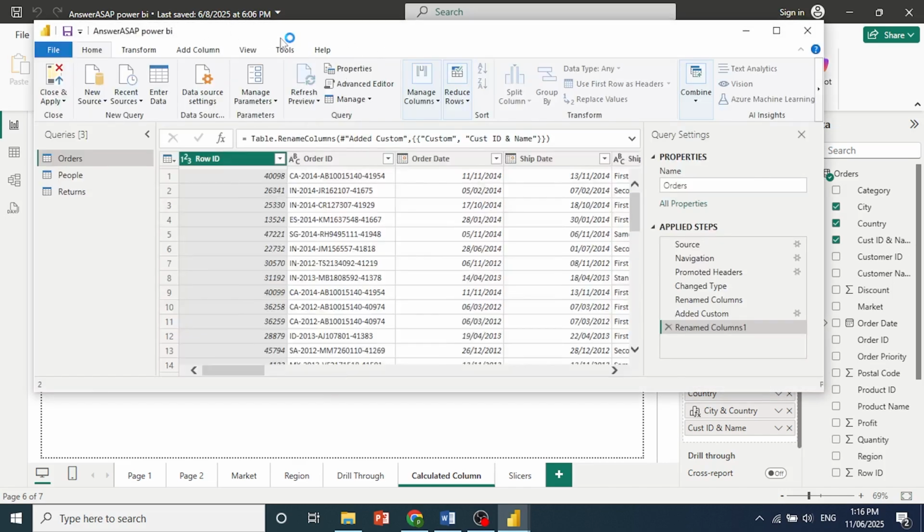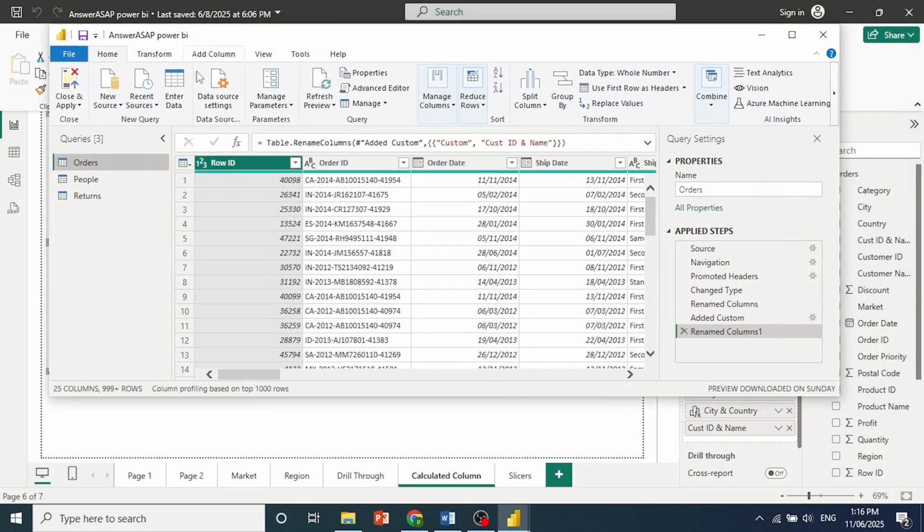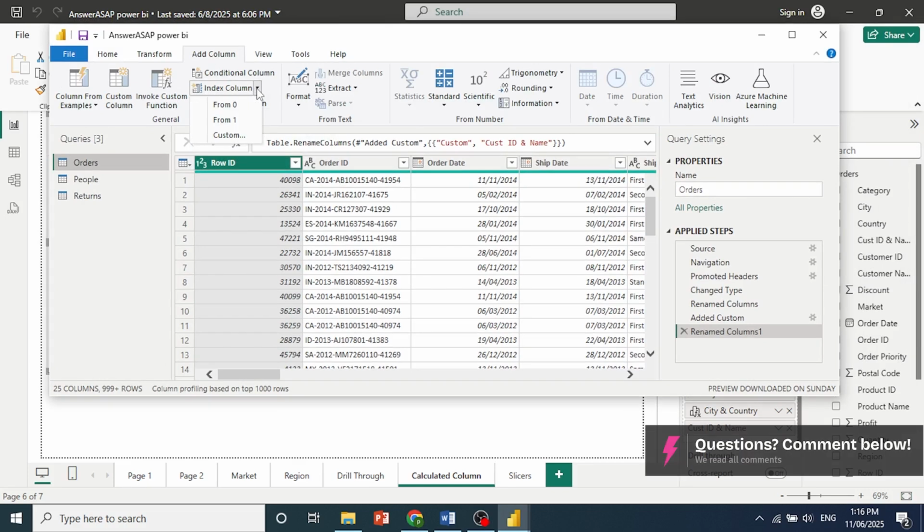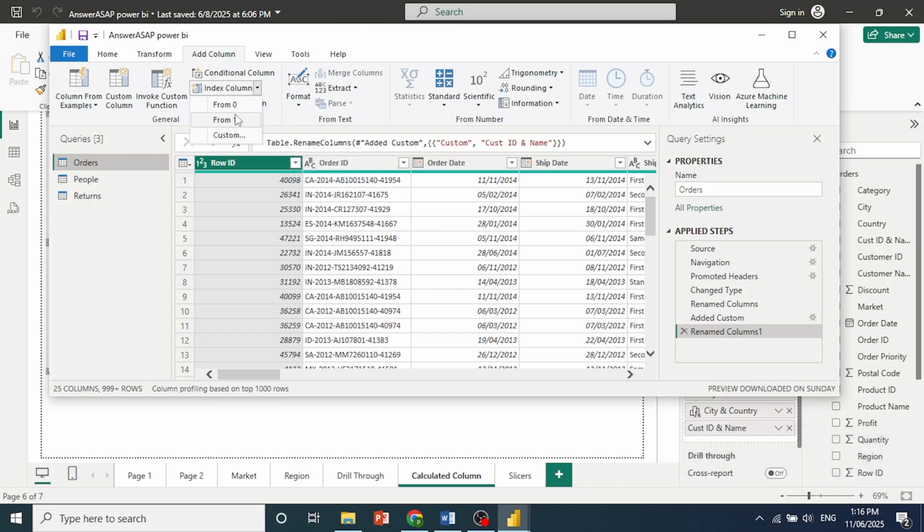Okay, now here I want you to come and click on Add Column, and you'll see this option right here that says Index Column. Click on this down arrow, and we have two different options, either from 0 or 1. If you want, you can set a custom one as well. I prefer to do it from 1, so just go ahead and click on this,